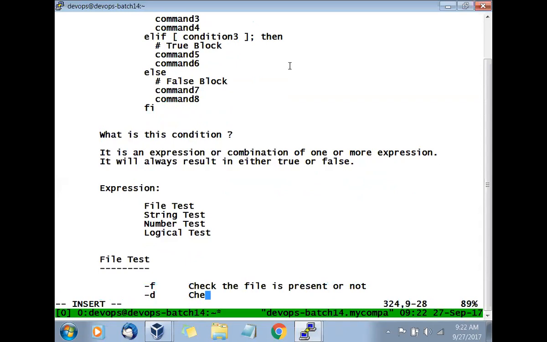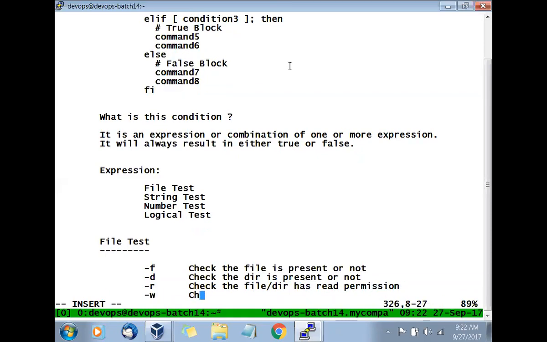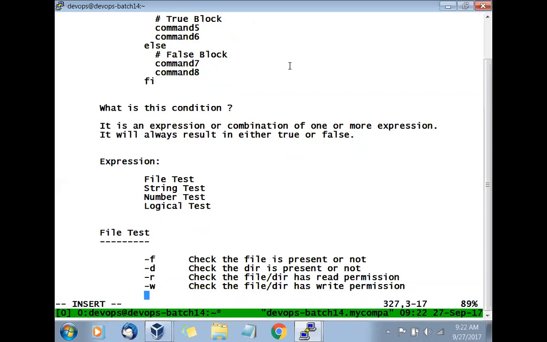-d, check if the directory is present or not. You can say -r, check the file or directory has read permission. -w, check the file or directory has write permission or not. -x, execute, check the file or directory has execute permission or not.